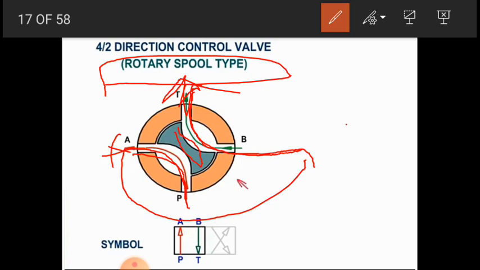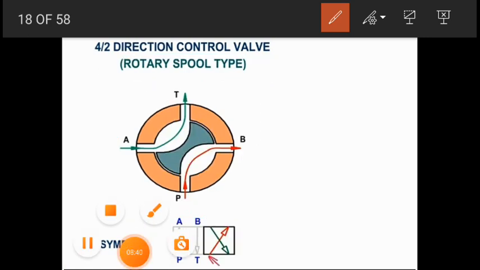How you want to move your fluid can be achieved based on your design of the directional control valve. For that some arrangements you have to do. Basically here, to change the position of the flow, we do it with the help of the operating button, that is the palm button or push button.